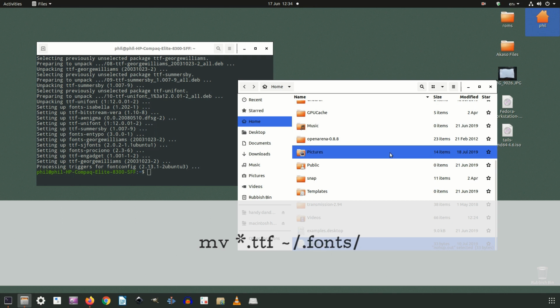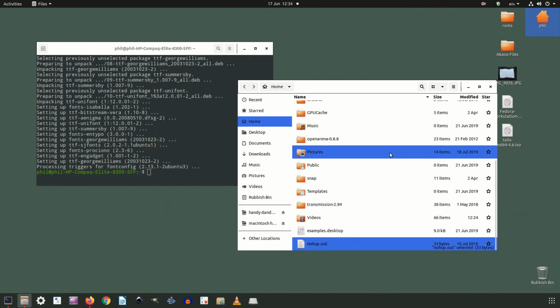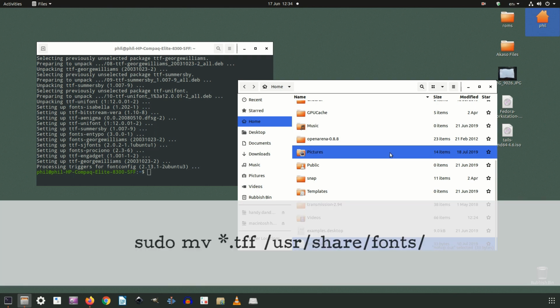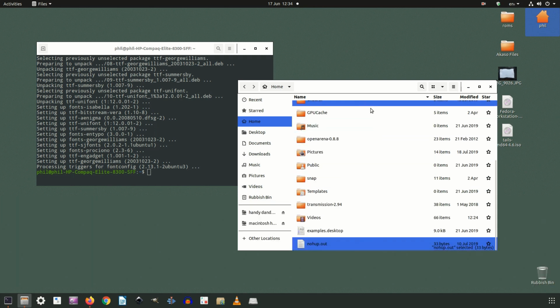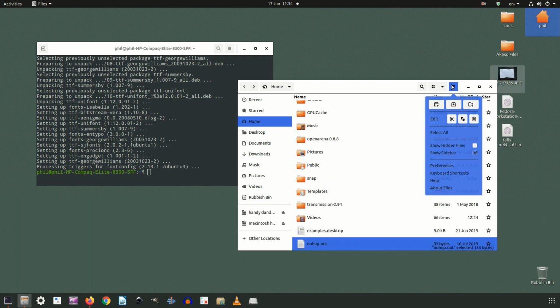if you have more than one, then obviously you can type mv *.ttf ~/.fonts/ and that will move the fonts from the current folder to the fonts folder. If you need the fonts to be available system-wide so other users can make use of them too, then use this command instead: sudo mv *.ttf /usr/share/fonts/. Another method, of course, that is very easy to do is you can literally just copy them from where